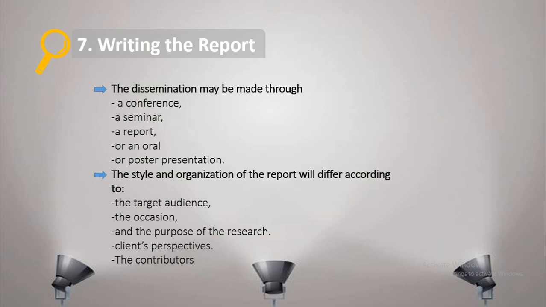It means you need to distribute your work to the people who need it, through a conference, a seminar, a report, an oral presentation, or a poster presentation. The style and organization of the report will differ according to the target audience. As we already discussed, many types of dissemination forms are presentation forms, like a conference paper, a seminar, an article, and